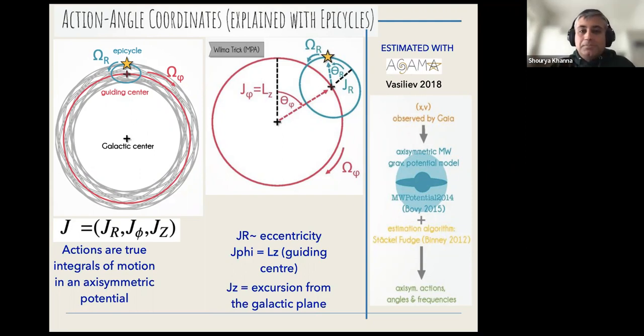And so in this space, if the galactic potential is either slowly varying or if it's perfectly axisymmetric, then these coordinates are supposed to remain invariant or conserved. And so if you assume a potential,